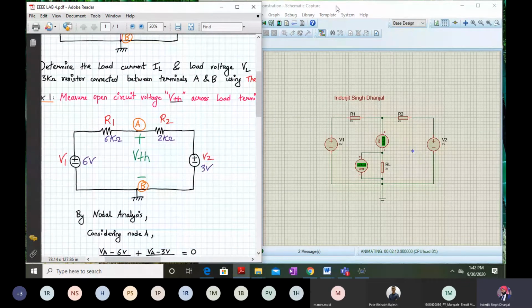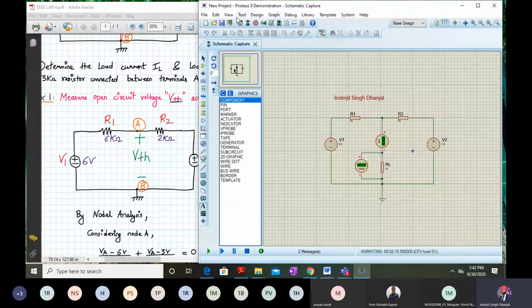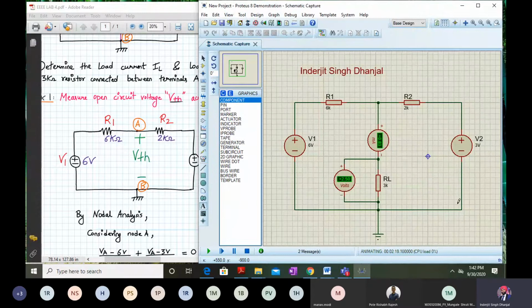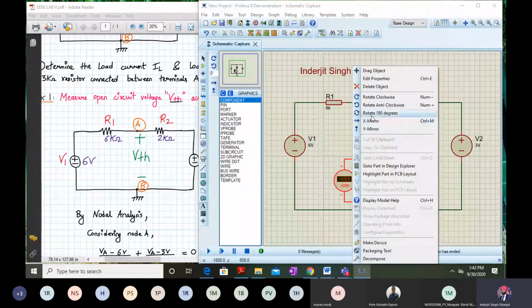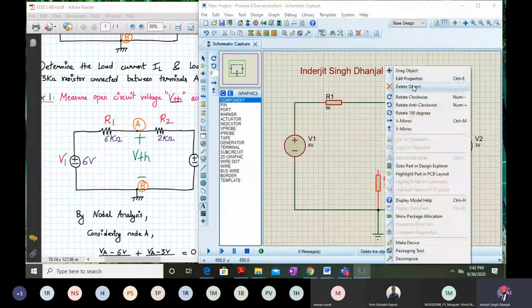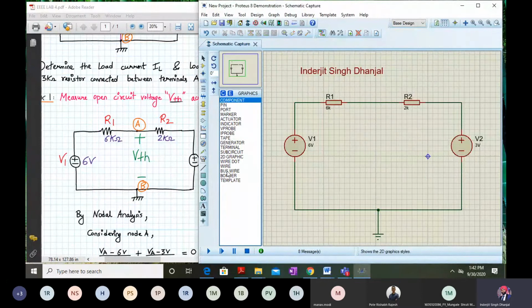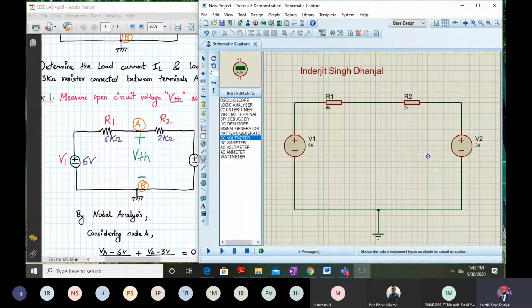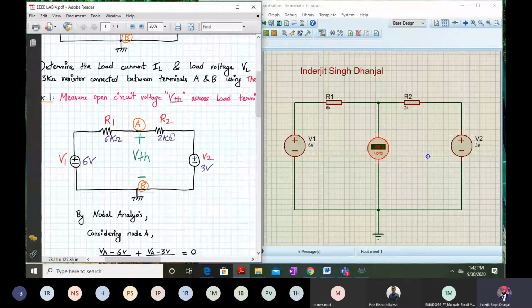Okay, directly. I will go to the theoretical steps a little later, but first we are doing it directly now. So for this step, let me again view the screen. Yeah, so I'll first of all stop the simulation and remove this voltmeter, remove this ammeter, and remove this resistor also. And instead of everything, I will just add a voltmeter. So I'll again go to instruments and add a DC voltmeter over here, like this. And I'll connect it over here to here, and here I will also join.